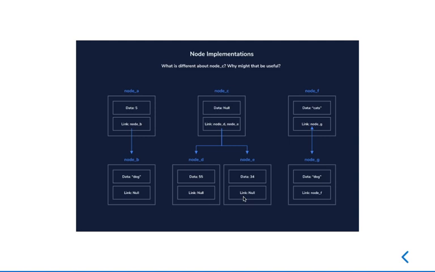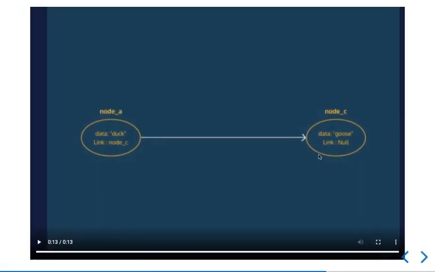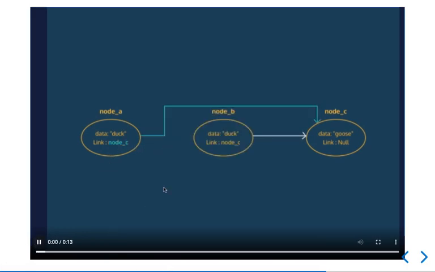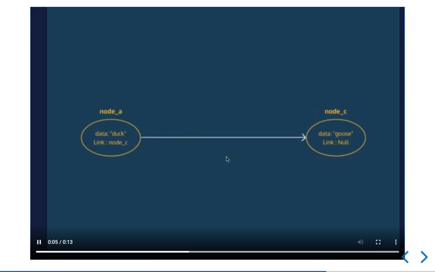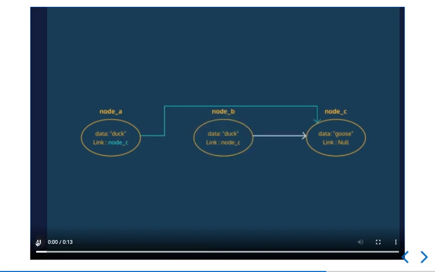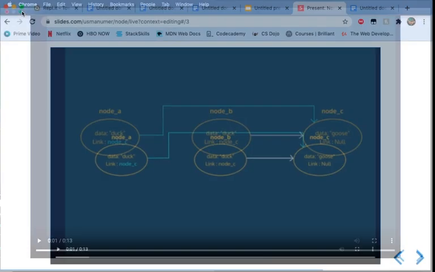Nodes can be orphaned if there are no existing links to them. Once I've made node A's link to node C, node B has no existing links. Something is linked from them, but there's nothing linked to them, so they're orphaned. They could have been orphaned if they had been completely deleted, but you would lose node C that way. So we're preserving node C, yet we're orphaning node B. All right, that's it